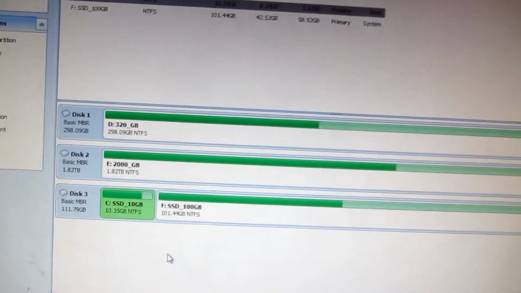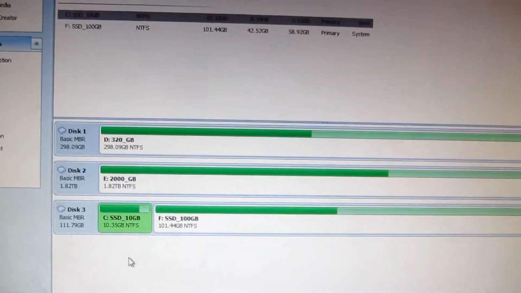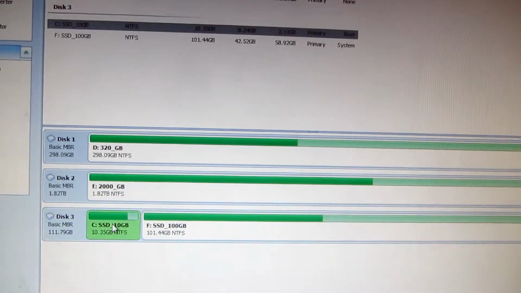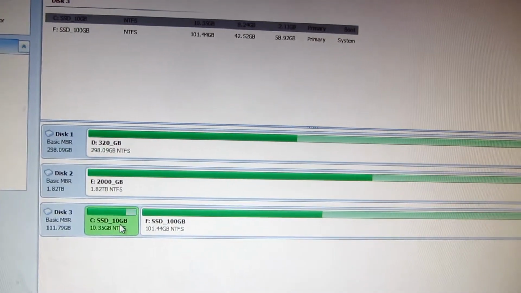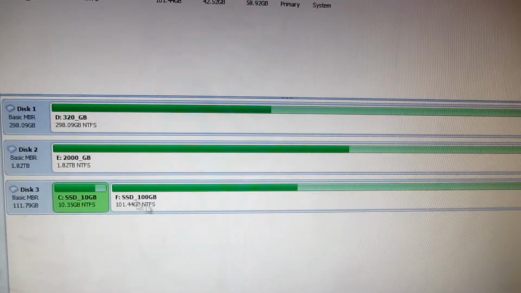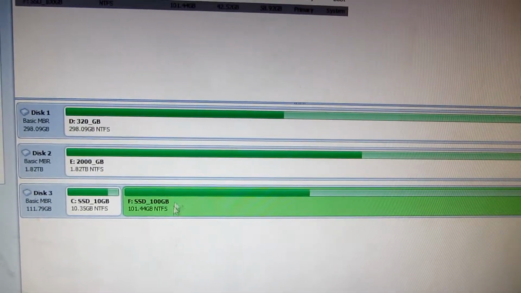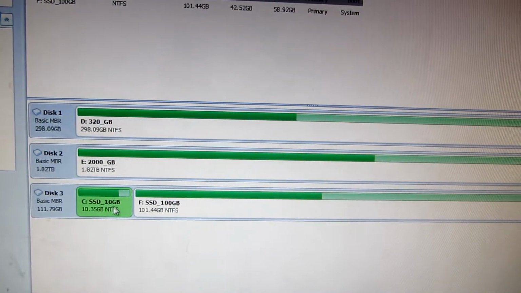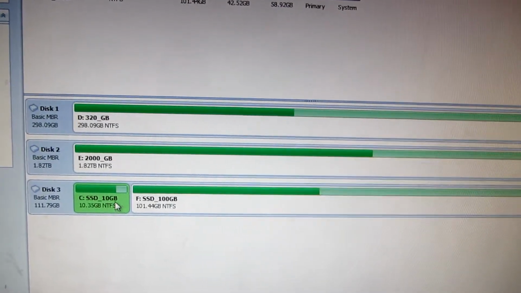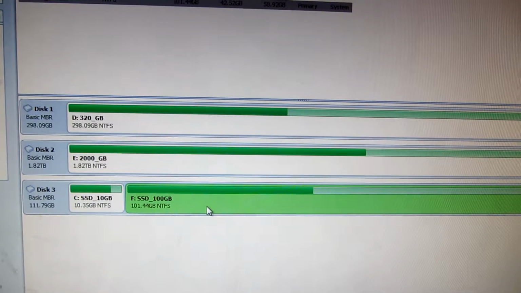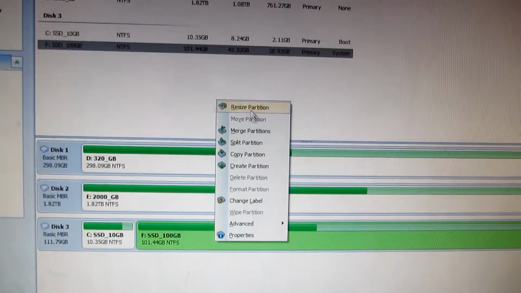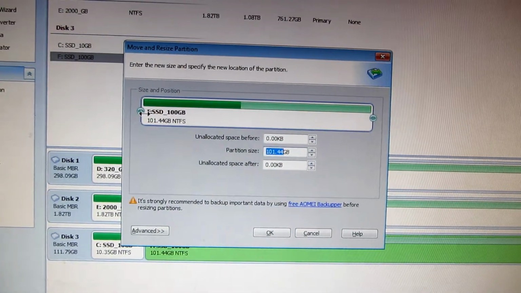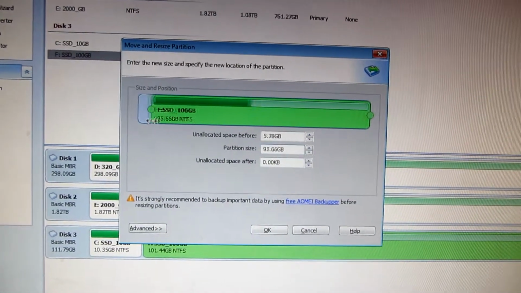And here's the C drive. And I have 3 hard drives in this computer. And this is the drive that I want to make larger. Okay, so let's click on the next partition. First of all, we have to reduce the size of this partition, and then this one can be extended over that empty space. So right click the next partition and resize partition, and drag the beginning of the drive, and